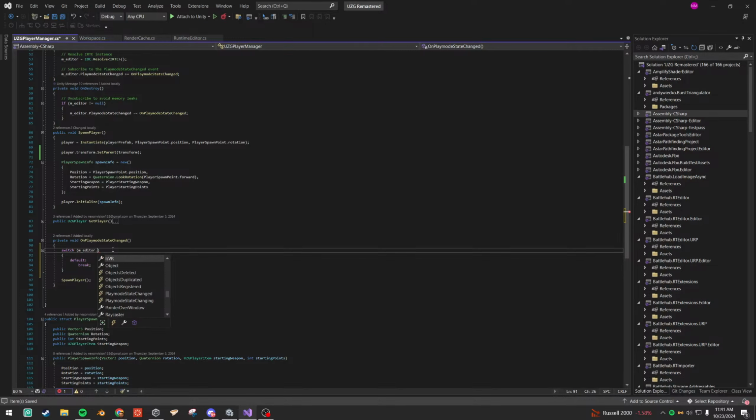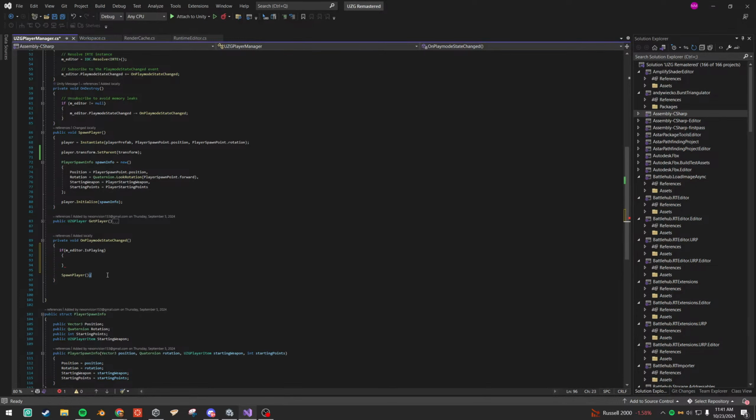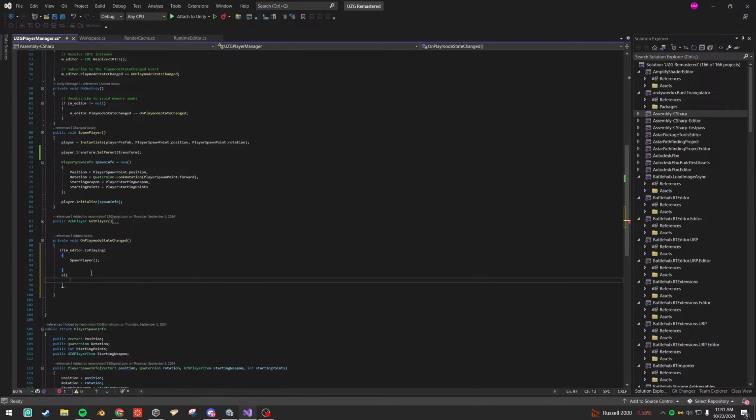Interesting. So we could do if m editor dot is playing, we spawn player, else